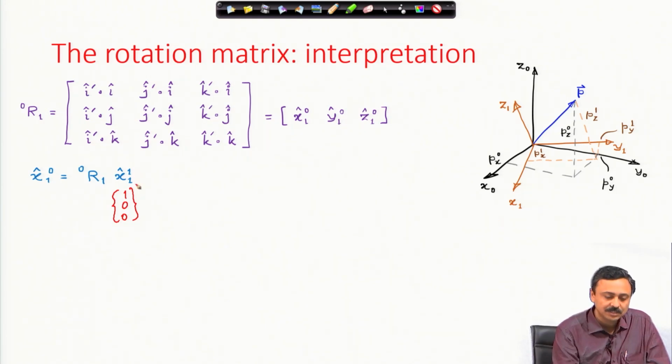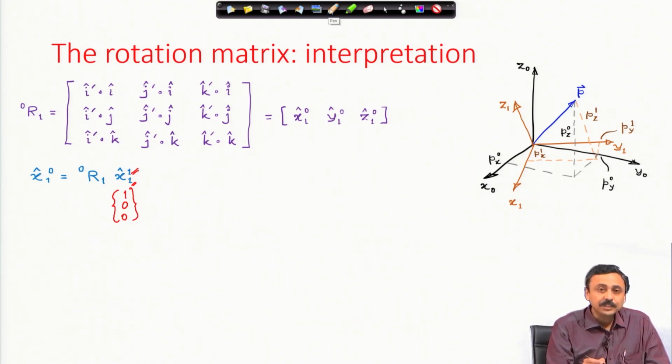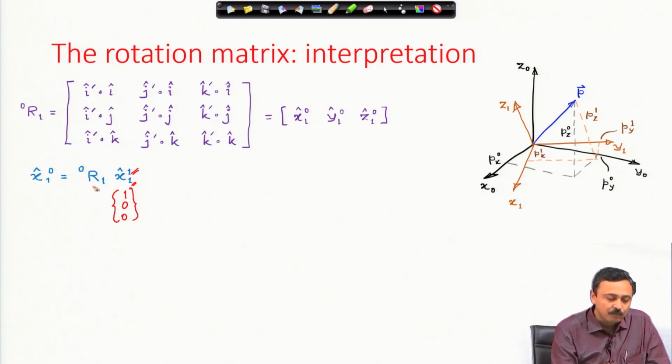That is the meaning of this representation. Therefore, the representation of the unit vector x 1 in its own frame x 1 y 1 z 1 is nothing but 1 0 0, and if you multiply with R from 1 to 0, it will give me